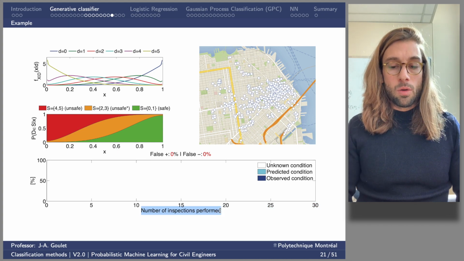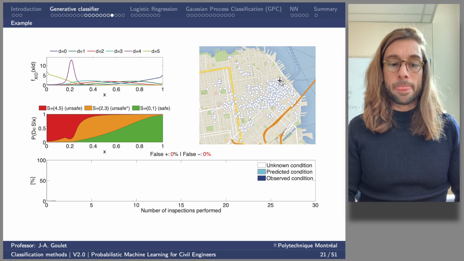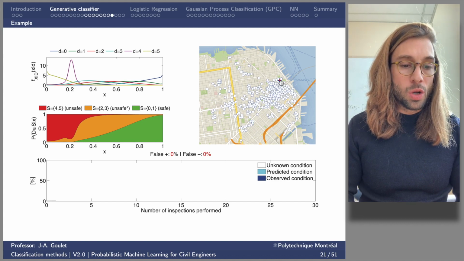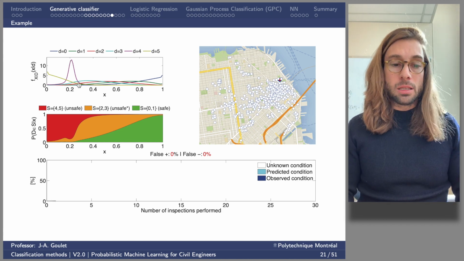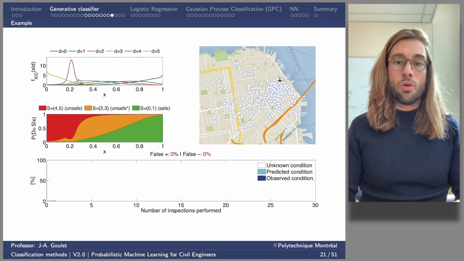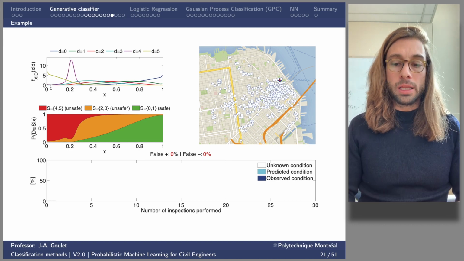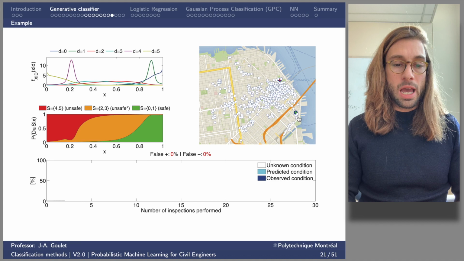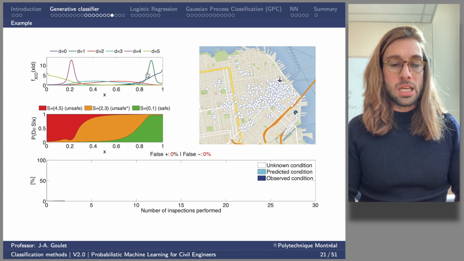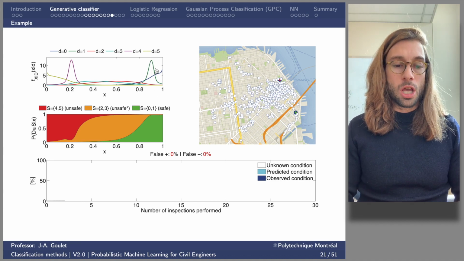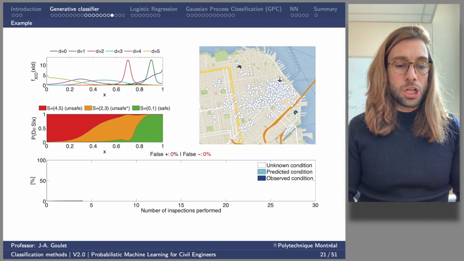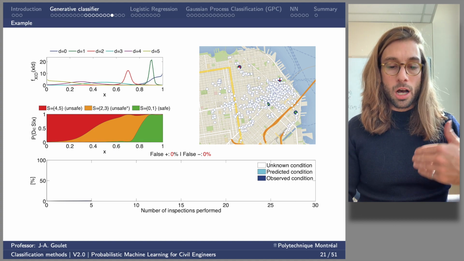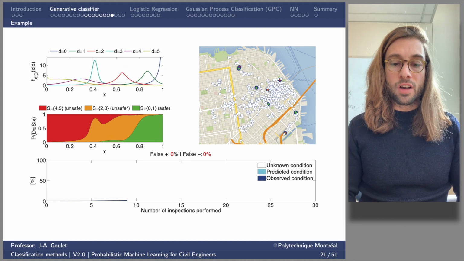Okay, so here what we see, I inspect a first building. This one was unsafe. It actually belonged to damage index class D equal 4. So I update my posterior knowledge for D equal 4. Then I observe another building. This one was safe. Okay. My inspector tells me it's D equal 1. I update my posterior knowledge. Okay, and I keep updating. A second building, D equal 4. And D equal 2. And I keep going on like this until I have a sufficient amount of confidence to